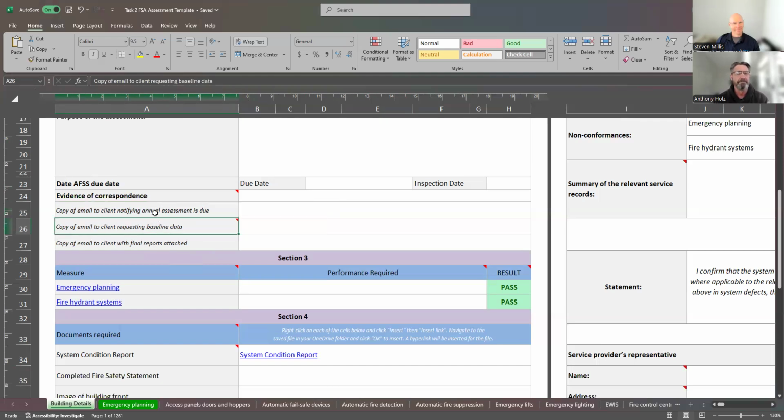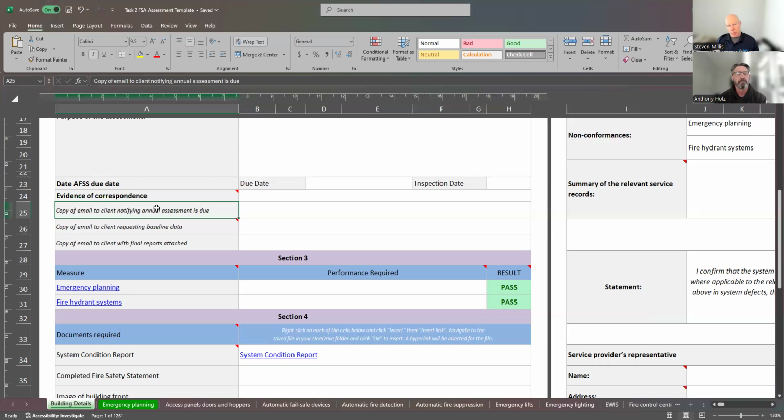Okay, now this next section here, again, is required for the unit of competence. And, you know, we at Axiom here, we need evidence that you've communicated with the client, or that you're capable of communicating with the client. So what I mean by that is, often you might be an assessor that works for a larger company, and a lot of the scheduling and the communication is done through your administration team. So if that's the case,